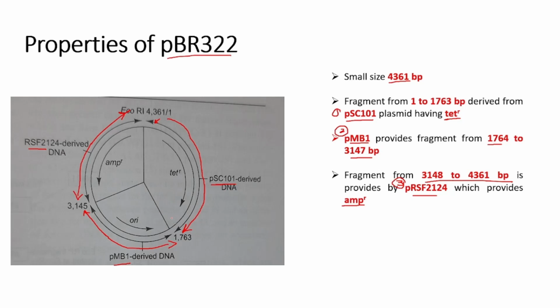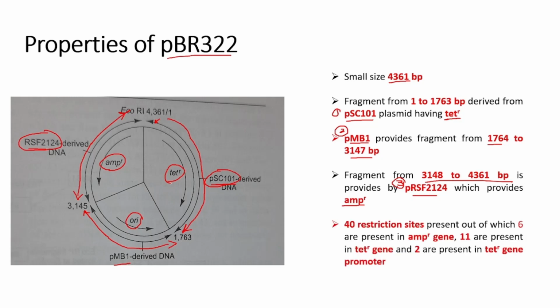Now, one thing you should remember is that the fragment derived from pSC101 has the tetracycline resistance gene, and the fragment derived from the plasmid pRSF2124 has the ampicillin resistance gene. The fragment derived from the second plasmid, pMB1, has the origin. Okay, so the ori sequence, or the origin of replication sequence, has been derived from the plasmid pMB1. Alright,